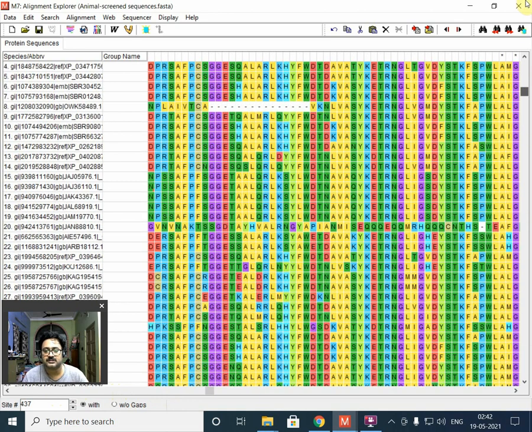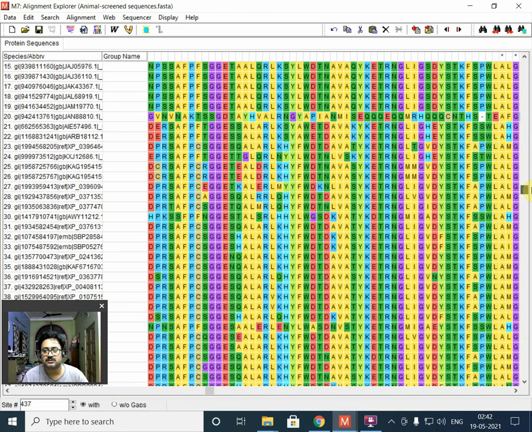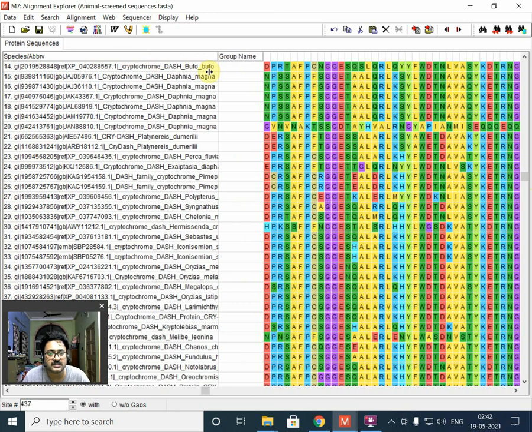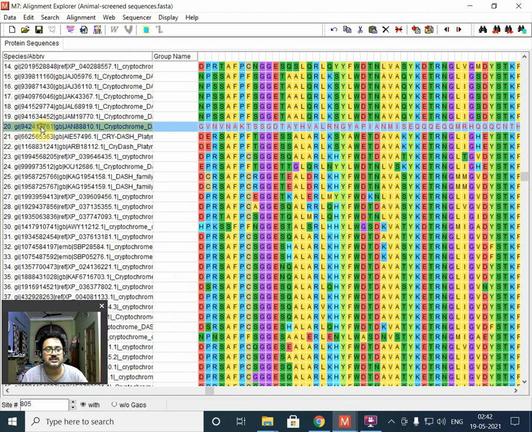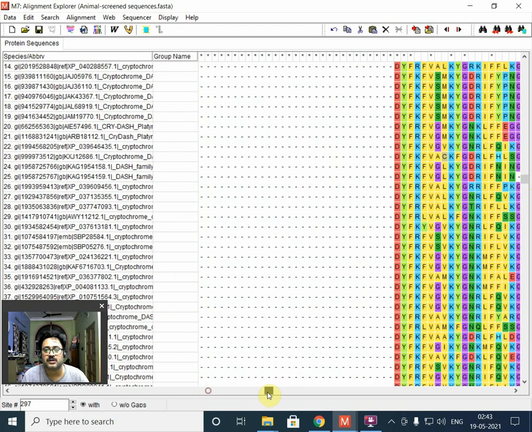Let us check which species this is. This is again Daphnia magna, another one. Because we have many Daphnia magna sequences for this enzyme, we will try to improve the alignment by removing a few, and we'll see whether that actually improves the overall alignment score or not.